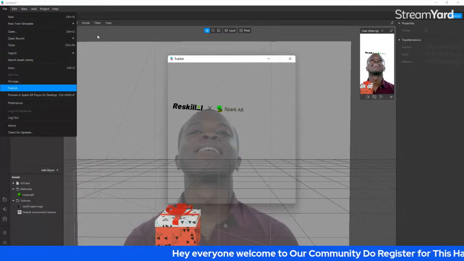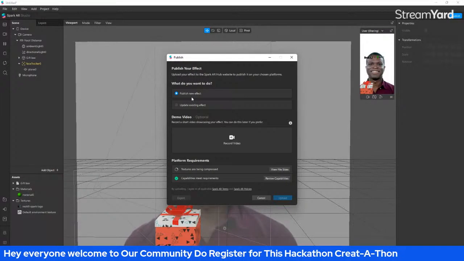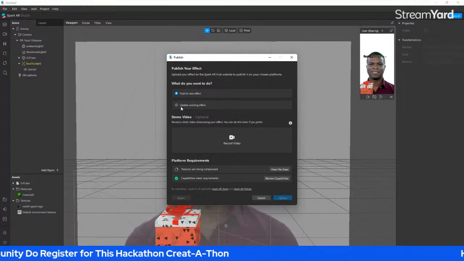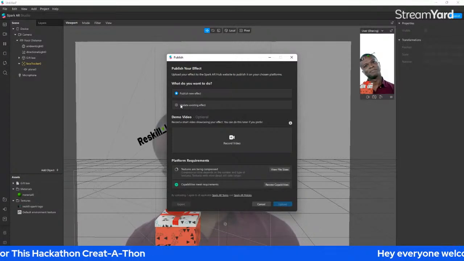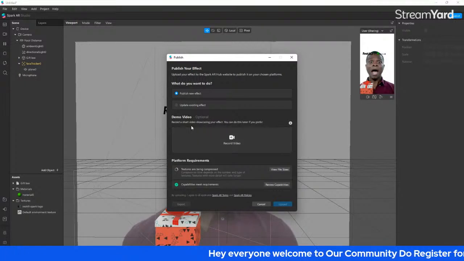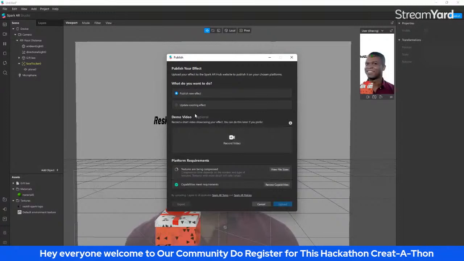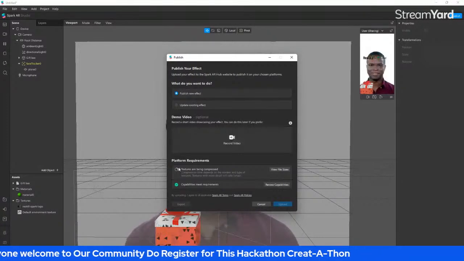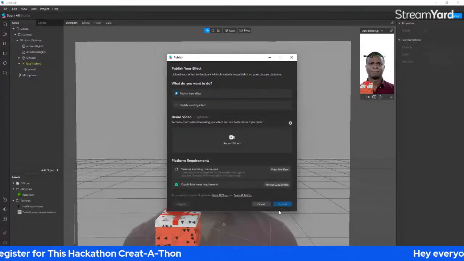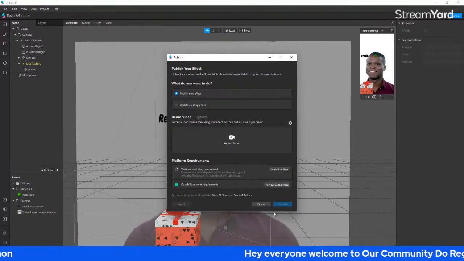Now you can publish it as a new effect if you are creating it for the first time, or you can update the existing effect if you are editing your previously created effect. And you can shoot a demo video like what is showing in the SparkAR Studio. That is optional, as mentioned here. And when your textures are compressed, it will take some time. You can click the upload button and fill the form which is required by the Facebook team, and your effect ID and your effect link will be provided by the Facebook team